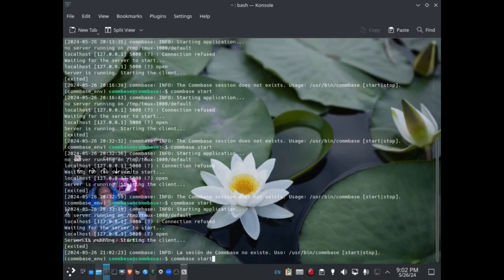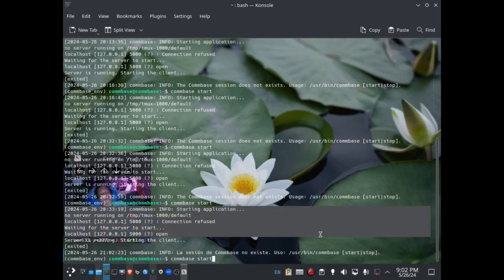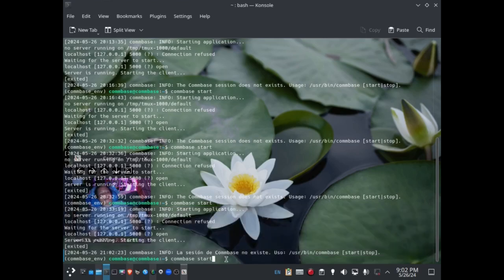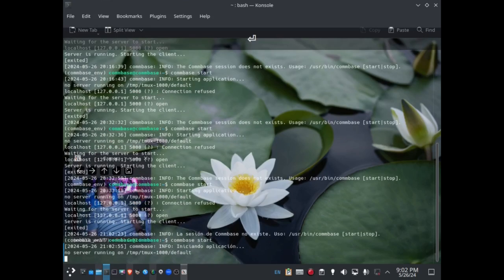Here it is going to give me some information. It is useful, for example, for debugging applications. Here is information about the connection. It is working in the localhost, the server is running, etc. Right? Okay, I'm going to start Conbase now and listen.